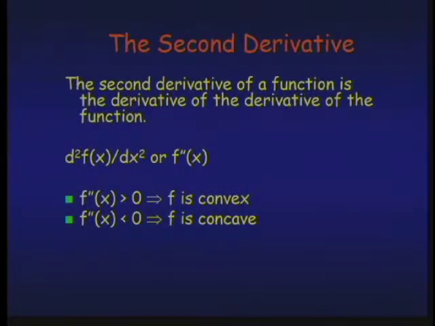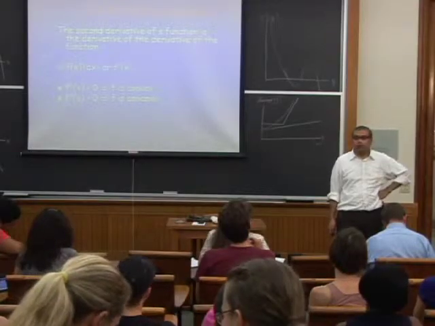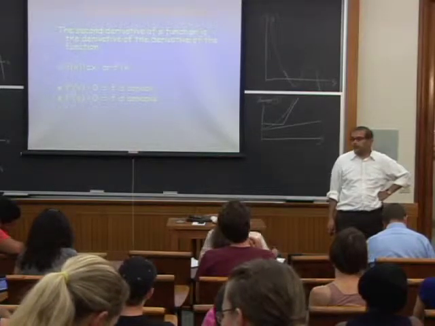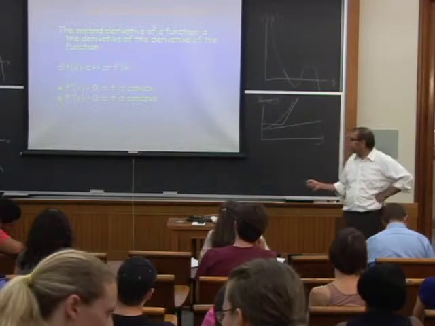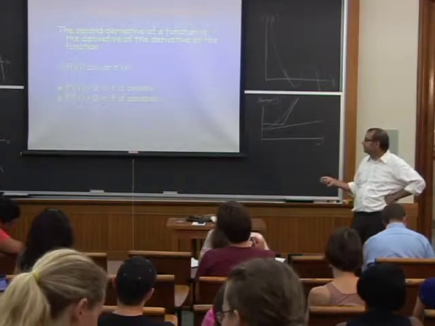Now, the second derivative. So we all understand what the first derivative is. If you think of the first derivative not just as a slope, but as itself a function of x, then you might want to know, well, how does this function of x, the first derivative, how does its slope behave? Okay. In this example,